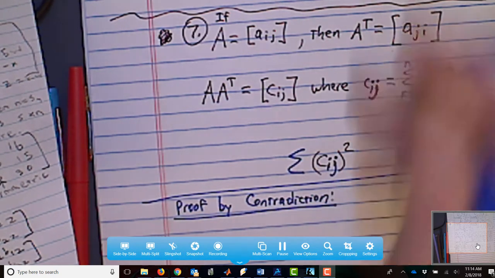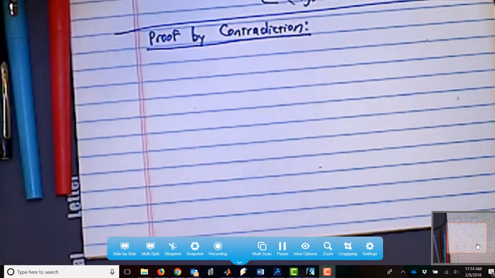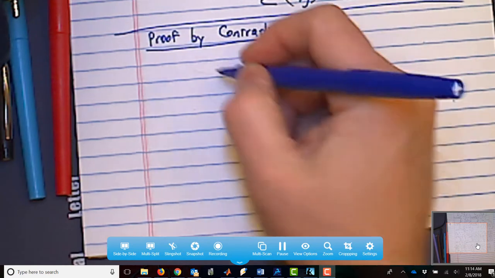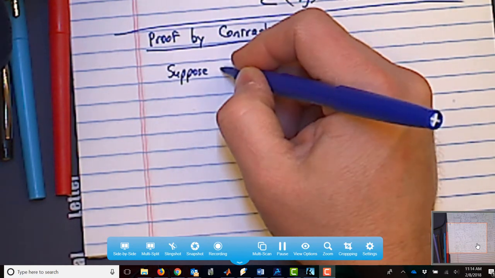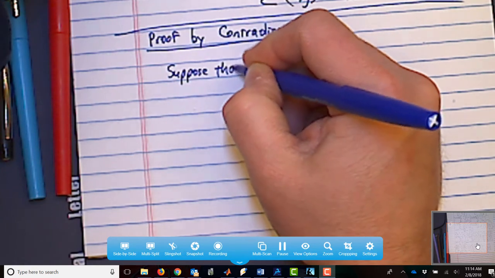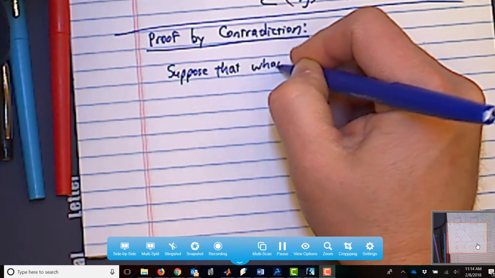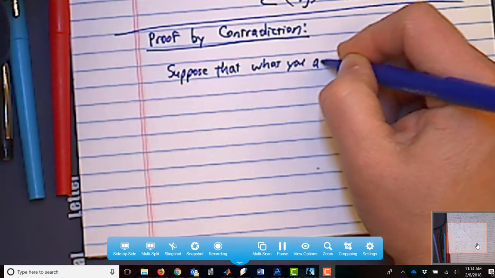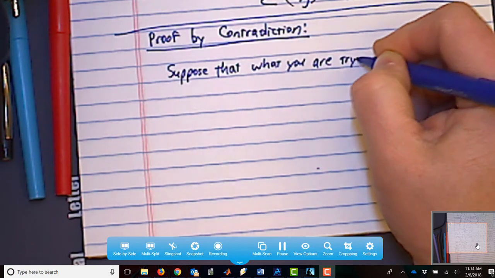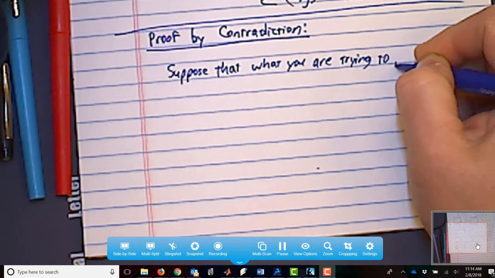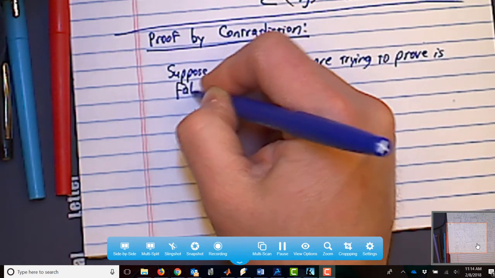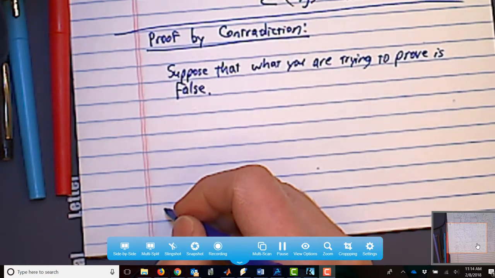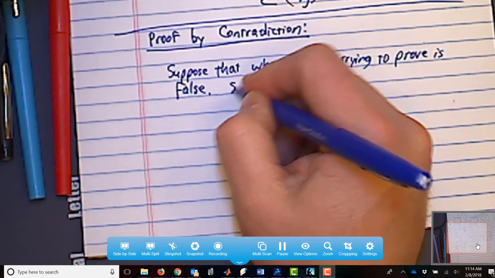What is a proof by contradiction? The idea is you suppose that what you are trying to prove is false. Okay? And then you show